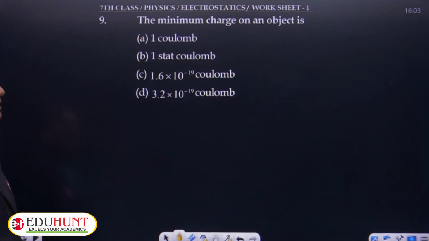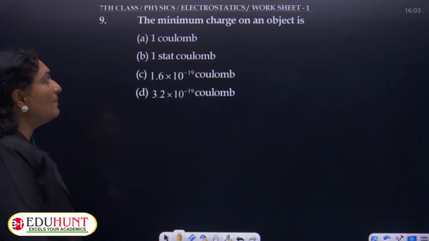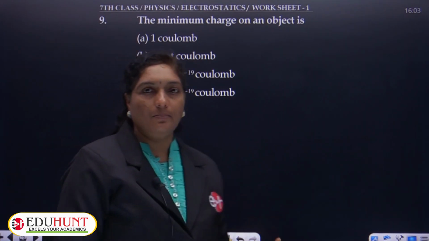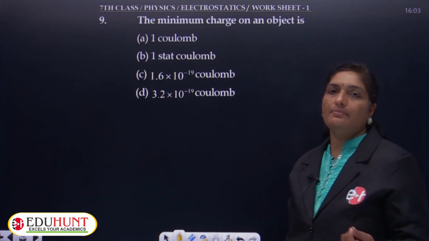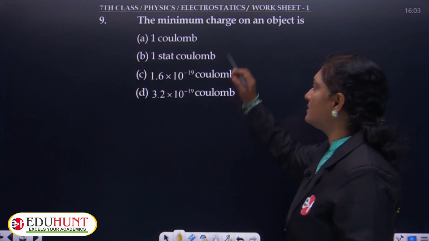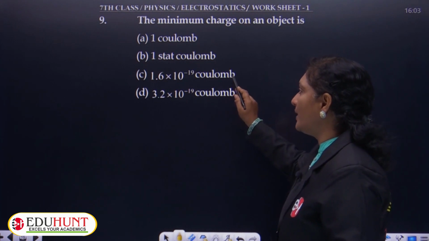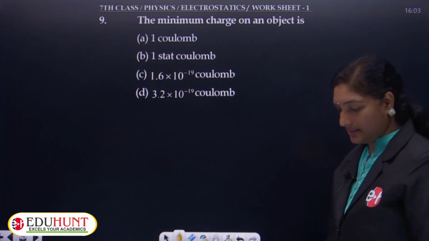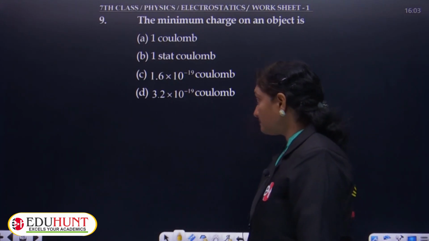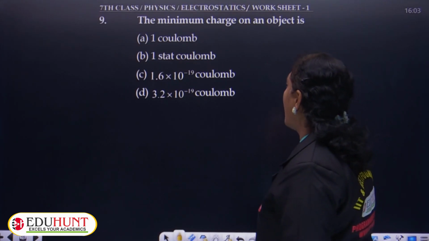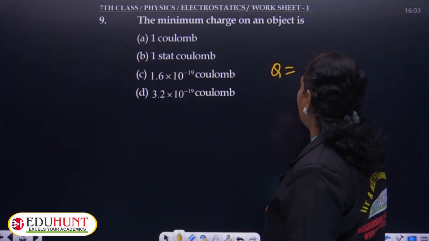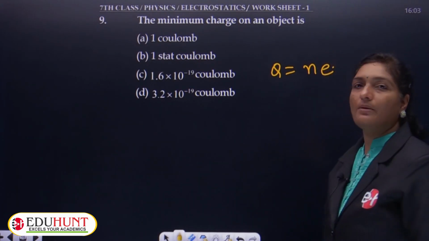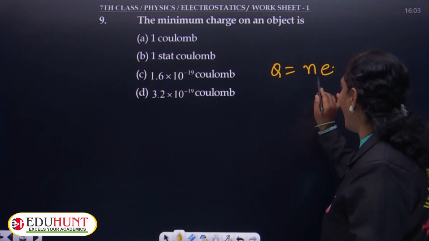Well, moving to the next question, numerical part. The minimum charge on an object is, so whenever you give an object or a body, the minimum charge that can be possible on the body, is it 1 coulomb, 1 stat coulomb, 1.6 into 10 power minus 19 or 3.2 into 10 power minus 19? Children, you know that the charge Q is given by Ne, whether it is plus or minus Ne, magnitude we are not bothered, how many electrons